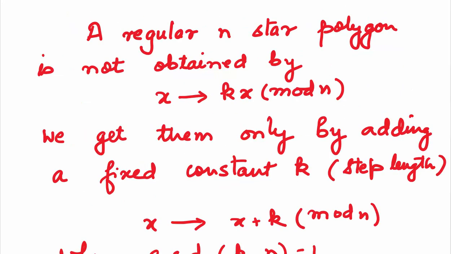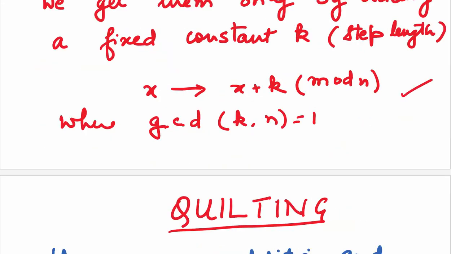One more thing you have to remember, a regular n star polygon is not obtained where x is joined to k times x modulus n. We get them only by adding a fixed constant k, or you can say a step length. That is when x is joined to x plus k modulus of n, provided the GCD of k and n